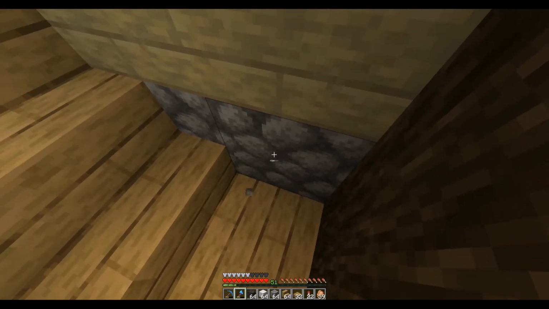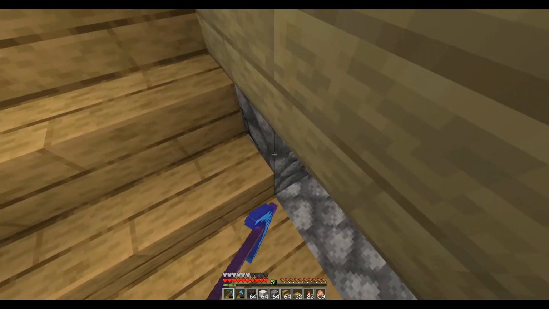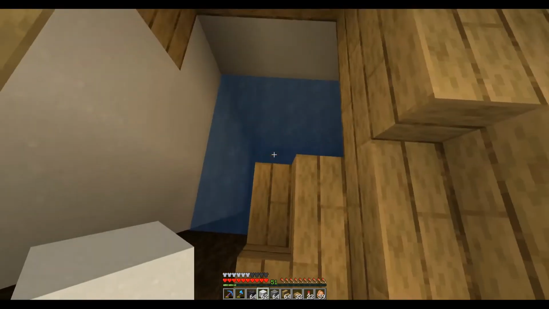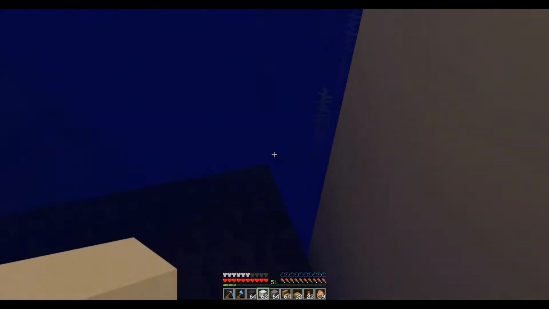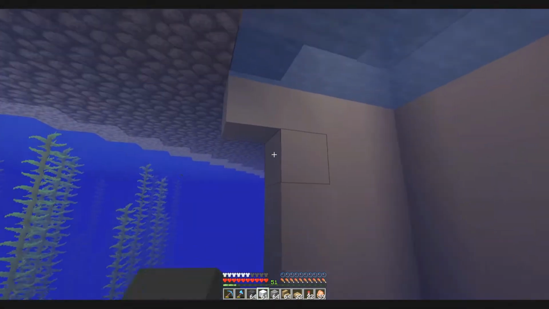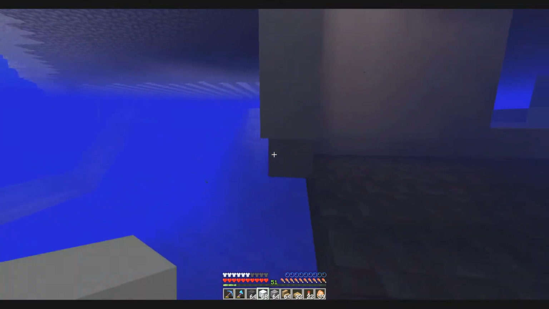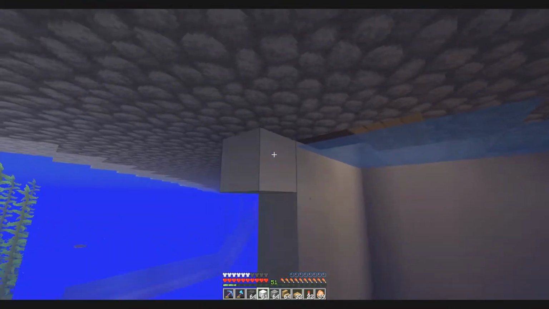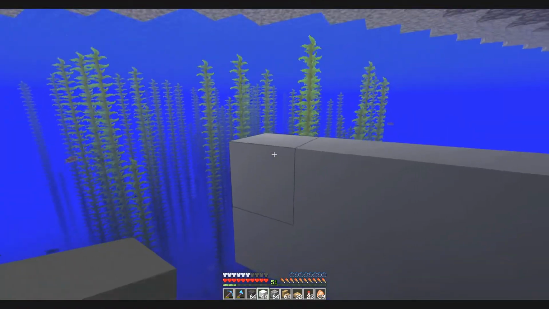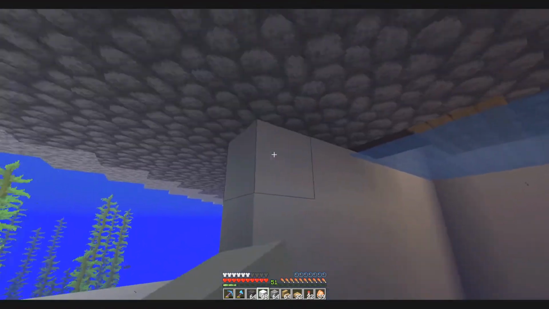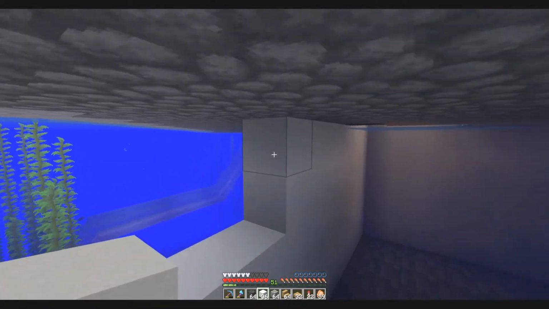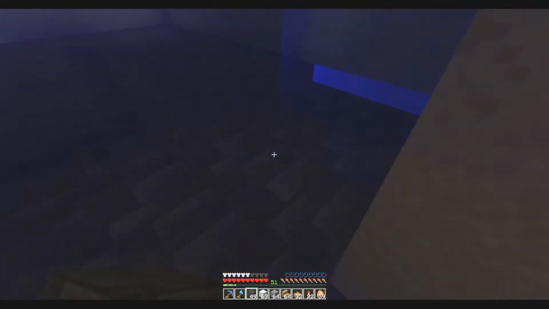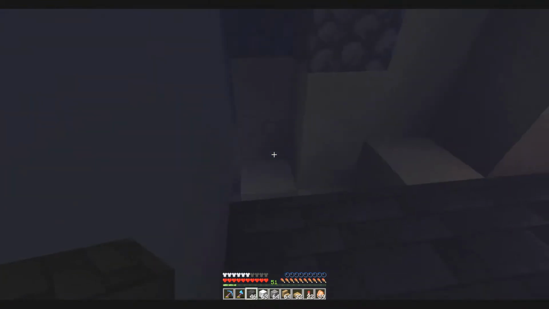So to get started down here, I've got some blocks. Need to just kind of clear out this little stairway down. I'm using white concrete for the walls. And then I've got these dark deep slate tiles for the floor. So really all I'm going to have to do here is just fill in all the walls with the concrete. And luckily the powder turns directly into concrete. That makes it very convenient. And then just using these deep slate tiles